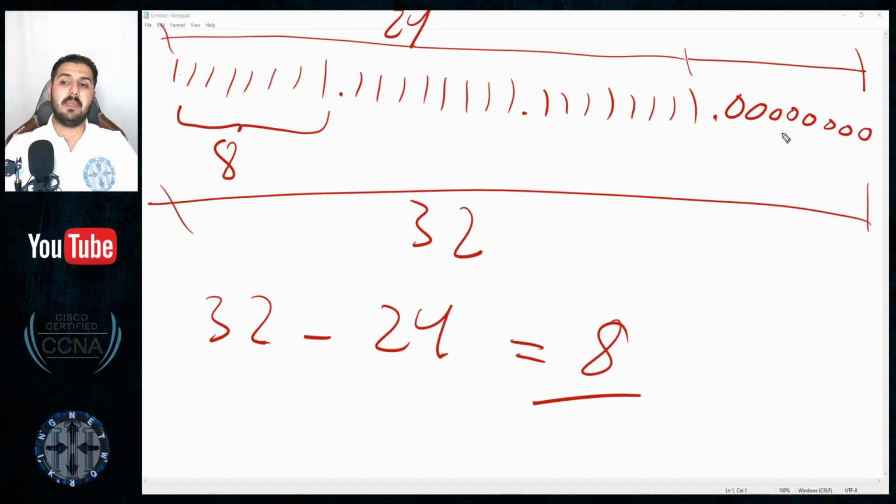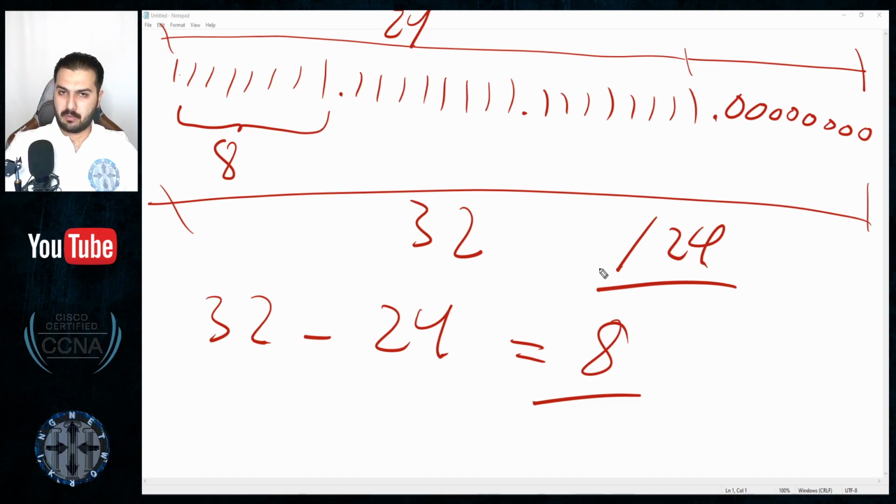So this is how a subnet mask looks like in binary, and in combined form it should look like slash 24, the number of ones. In decimal you will use the same method as in the previous video. All the ones will be converted using the combination of 1, 2, 4, 8, 16, 32, 64, 128. Because you have a binary value, you want to convert it to decimal, then these ones combined will be 255. These ones combined will be 255. These ones combined will be 255. And these zeros combined will be zero because they are zeros.